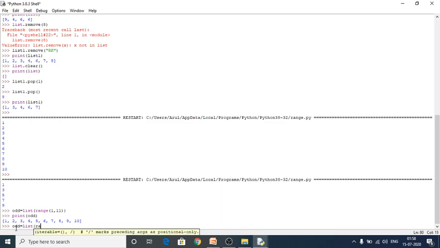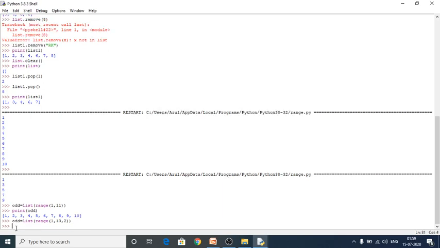So range, here I want to give 1 as my starting value, 13 as my end value, and here 2 I have to use because I want to retrieve odd elements from the range.